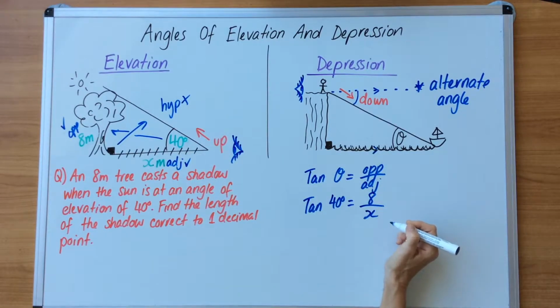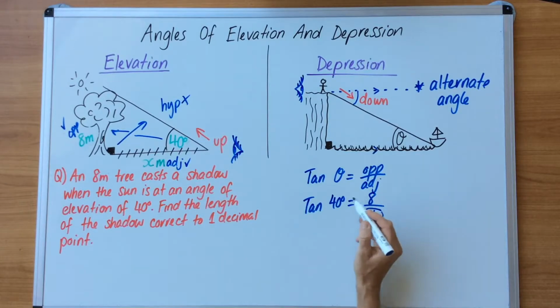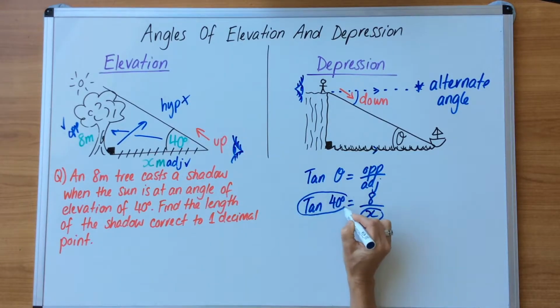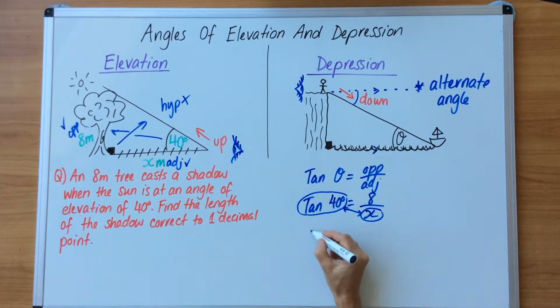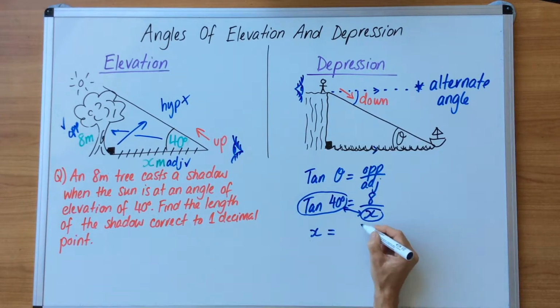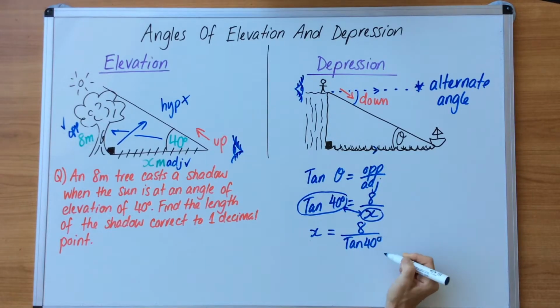Because it's an unknown denominator, we're going to do some swaps here. We're going to circle the x, the unknown, and the tan 40, and we are going to swap it round and rewrite. So x now features on the left-hand side, 8 sits on top still, and tan 40 degrees is now on the bottom. Now we are going to calculate 8, ABC fraction button, tan 40 equals, and we get a number that is